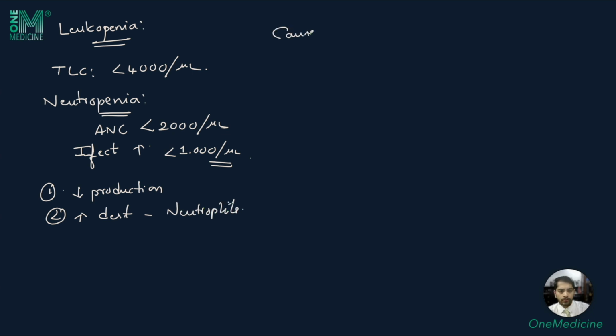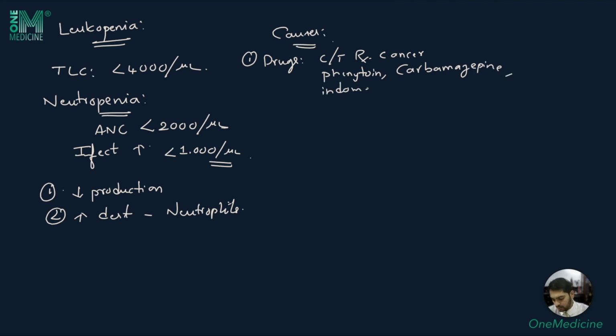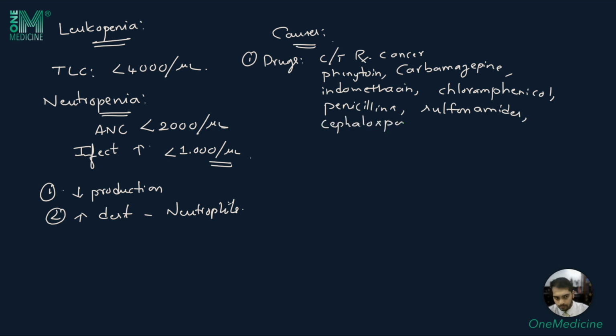So now let's look at the causes of neutropenia. First causes are drugs, the most common ones being chemotherapy medications for cancer. Other medications that can cause neutropenia include phenytoin, carbamazepine, indomethacin, chloramphenicol, penicillins, sulfonamides, cephalosporins, propylthiouracil, which is an anti-thyroid medication,